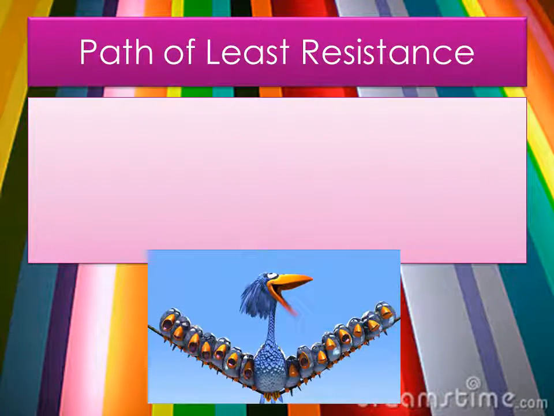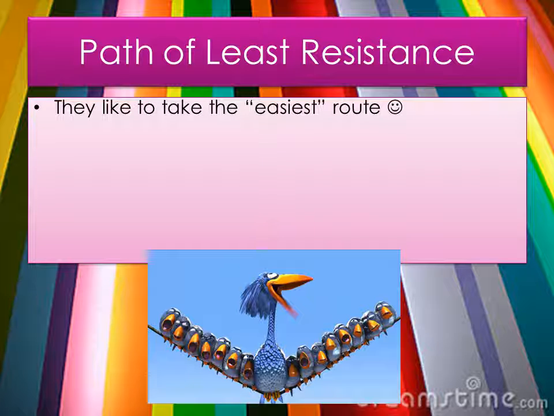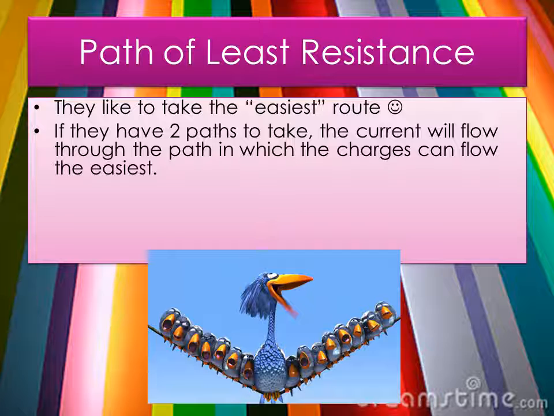All right, and the last topic I'm going to talk to you about is the path of least resistance. Charges like to take the easy way out. They like to take the easiest route they can. So if they have two paths to take, the current will flow through the path in which the charges can flow the easiest. I want you to check out the diagram below of the bird